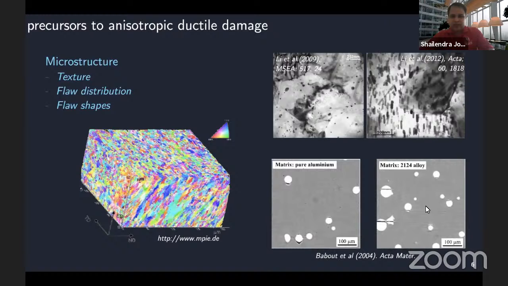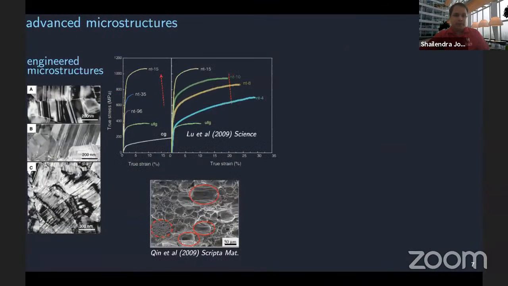As you can see in these TEM pictures on the right, you may have second phase particles that are quite randomly distributed. They have different shapes, they have different size distributions that can cause fracture at their interfaces, as shown in the picture below, or the particles themselves can fracture, which can give rise to various different shapes of initial voids. So how to couple all these things together is a very interesting problem.